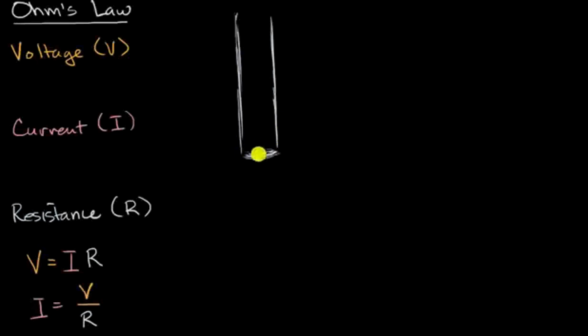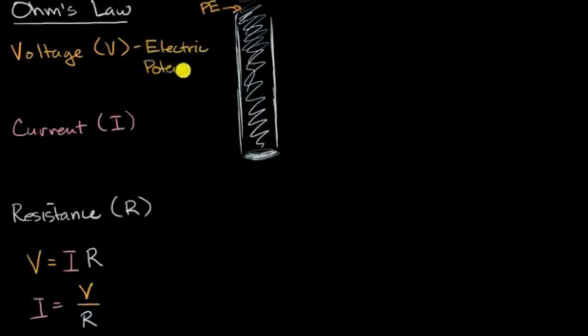It's closed at the bottom right now, and it's all full of water. There's water above here as well. So the water in the pipe, so let's say the water right over here, it's going to have some potential energy. And this potential energy, as we will see, is analogous to voltage. Voltage is electric potential. Now, it isn't straight up potential energy. It's actually potential energy per unit